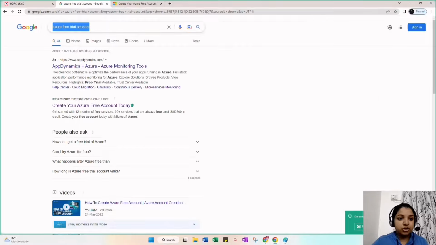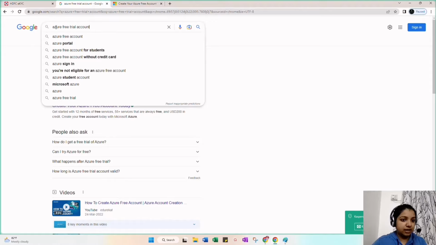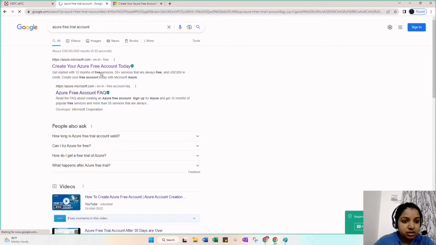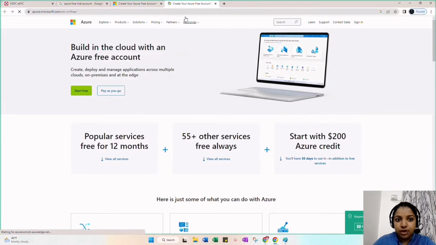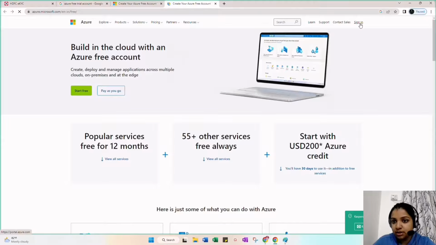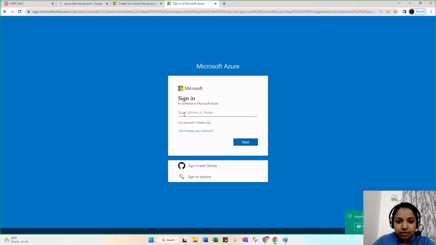You can search for the Azure free trial account on Google. When you search for it, you will get this link. Click on create your Azure free account today. This is the first link you want to open. Then on the top right side, there is a sign in button. Click on sign in. We need to write the email ID, whatever email ID you have, you can write